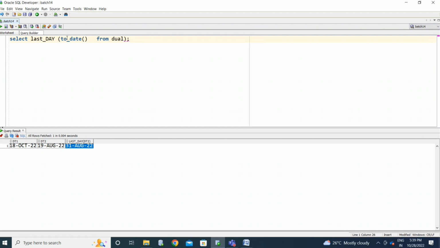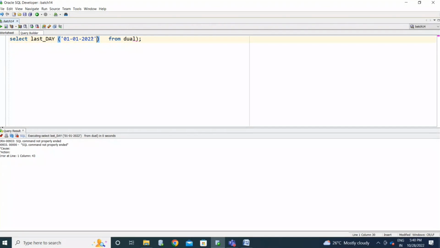See, if I have this value 01012022, you may guess this is a date value, but Oracle does not understand these values. It treats it as a numerical value or character value, because you are mentioning it in single quotations with special characters. Oracle treats this as a character value.